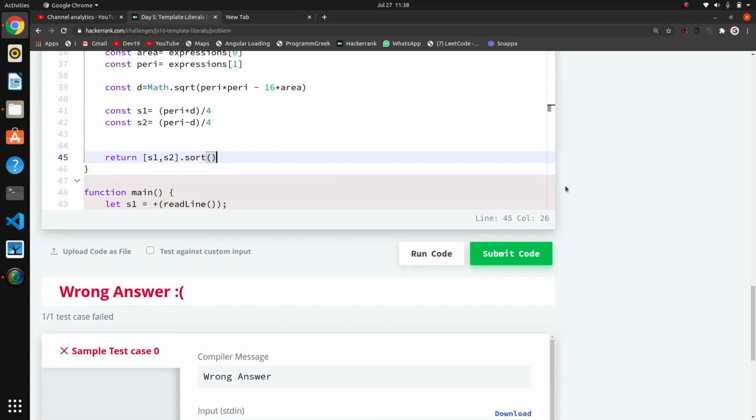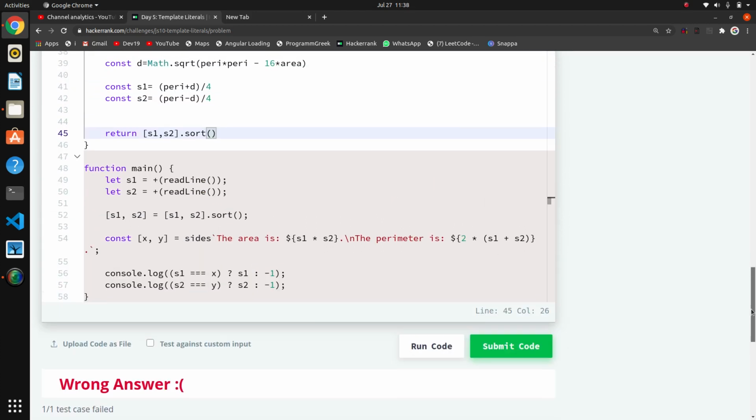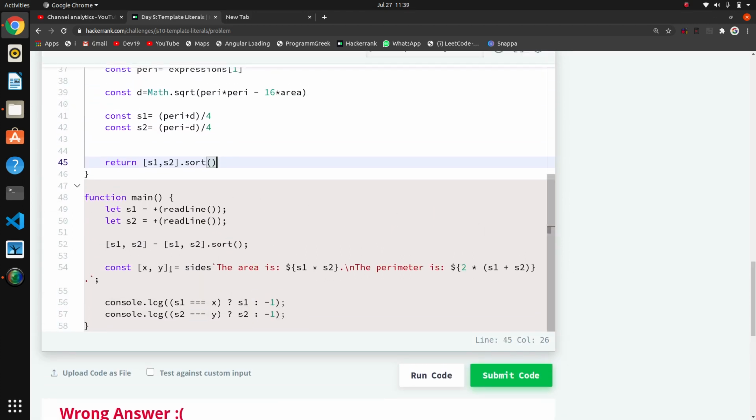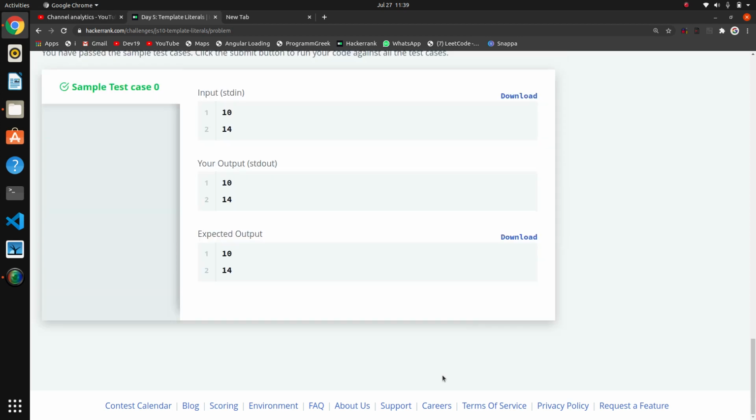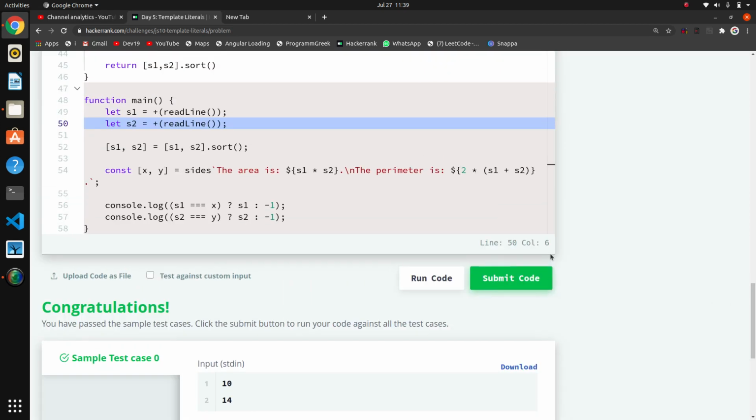Then these both values will come into this const x and y. And here if s1 is identical, meaning the s1 that came in the input and x are identical, then they are printing s1, otherwise they will print -1. And the return value y with the input s2, if they are the same then s2 will be printed. So we will run the code. So that's the thing about template literals, and thank you.